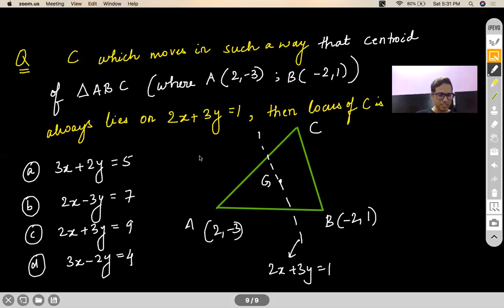Hariharan, sorry, I missed out your response. Yes, the previous two lines that you got were parallel to the base. So what I did, I got the equation of a pair of lines. You'll come across a concept very soon in coordinate geometry, which we call pair of straight lines. I'm talking about the previous question, don't get me wrong. Hariharan said on the chat that the point C will be moving parallel to AB. You are absolutely correct, Hariharan. There is no doubt about your thought process. So what I did was multiply both the lines to get a pair of straight lines, because of the options.